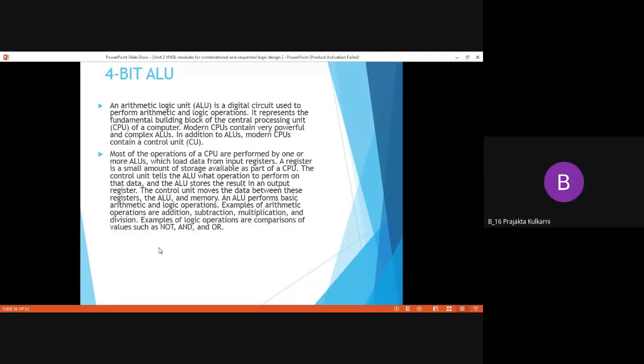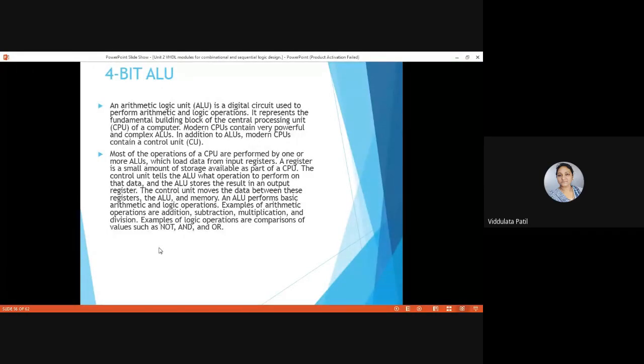Yes, arithmetic and logic unit. It is an arithmetic and logic unit. So what is the function of ALU? To perform arithmetic and logical operations. Yes, to perform arithmetic and logical operations, we use ALU.